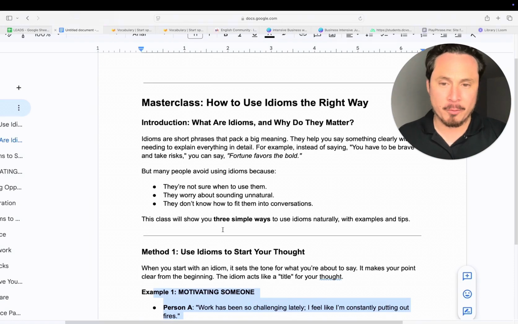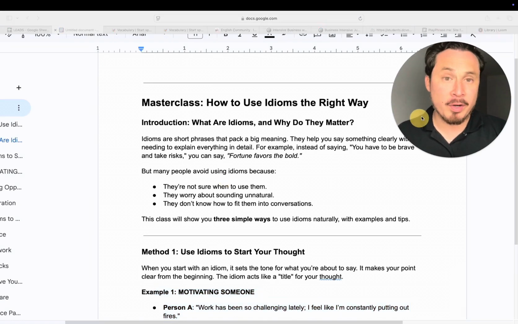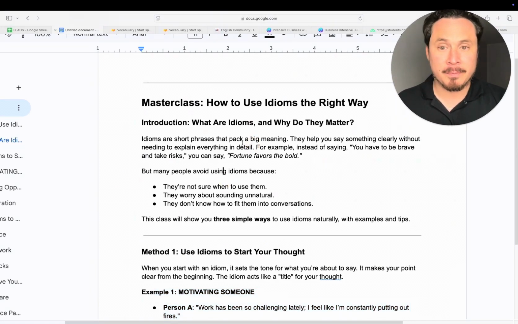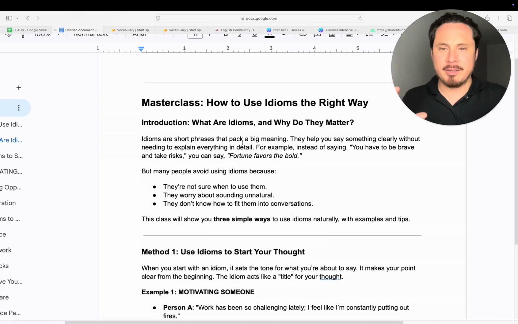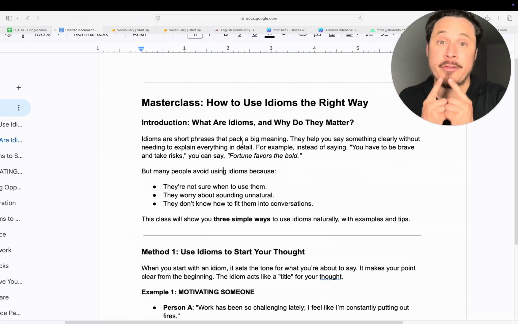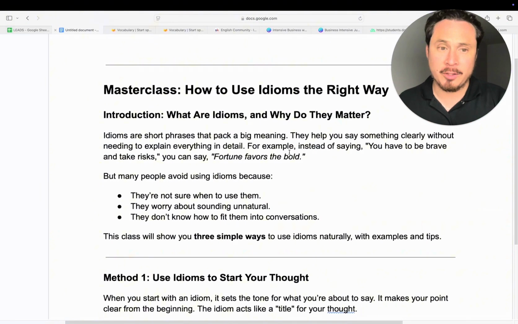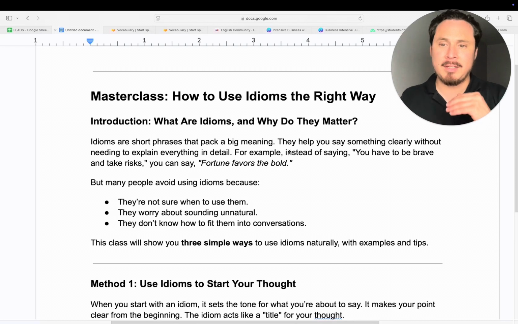Before we start with method 1, let's talk about what idioms are. Obviously, idioms are there to make your sentences more vivid. It's like drawing a picture instead of just speaking. You're basically drawing a picture with your words. And this is important because sometimes what a lot of non native speakers do is they talk, they talk, and they talk, which is good. But sometimes you can talk less by just using an idiom, which is what natives do.